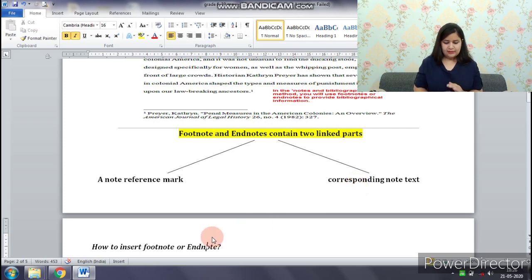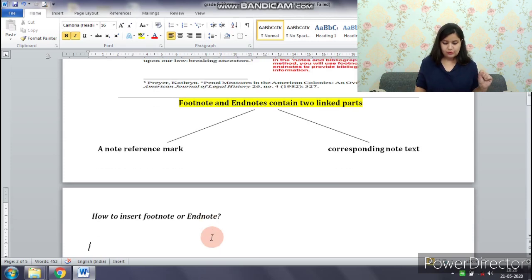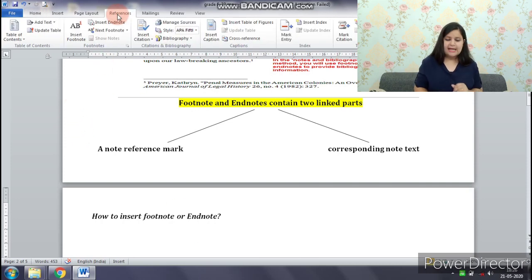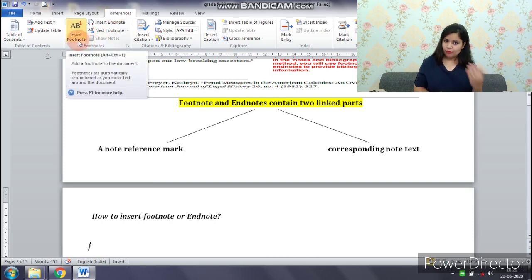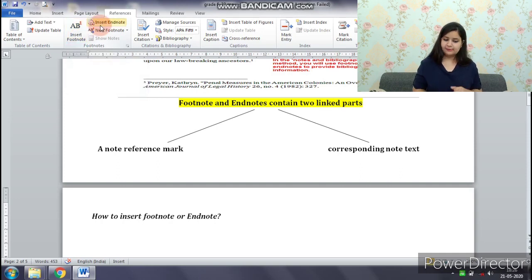Now the question is, how can we insert a footnote or endnote? For that we need to go to the References tab. Look at the screen, I have clicked the References tab. If I want to insert a footnote, I'll click here. If I want to insert an endnote, I'll click here.